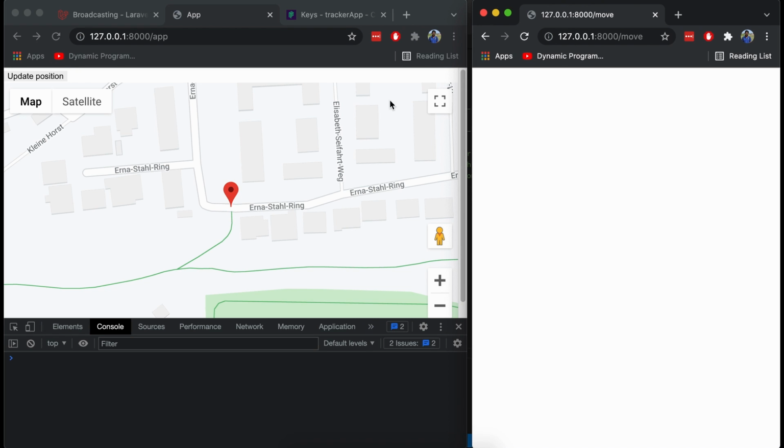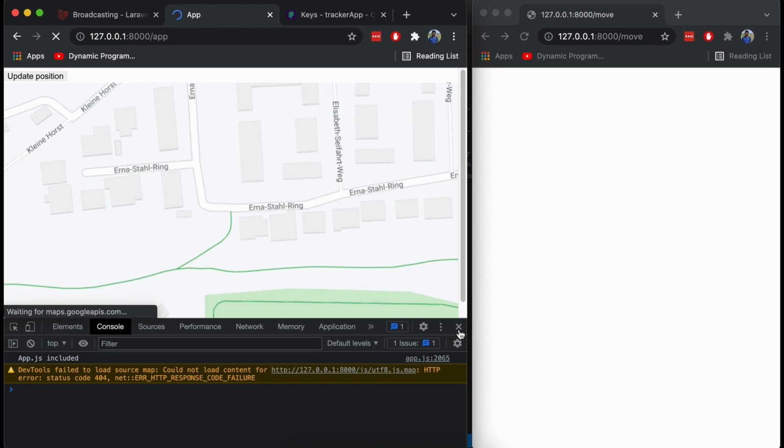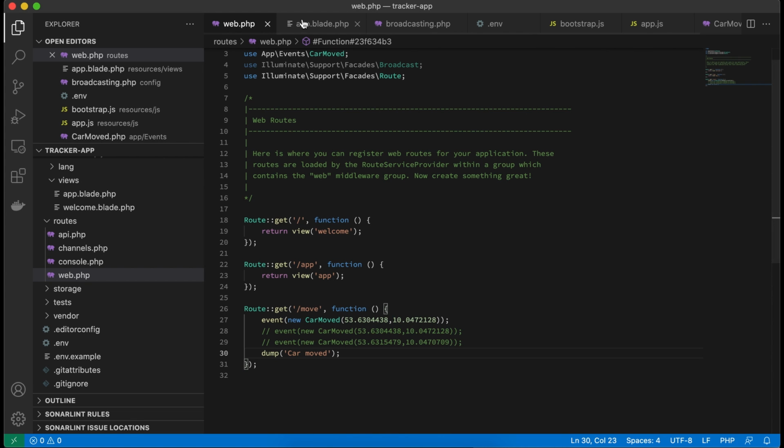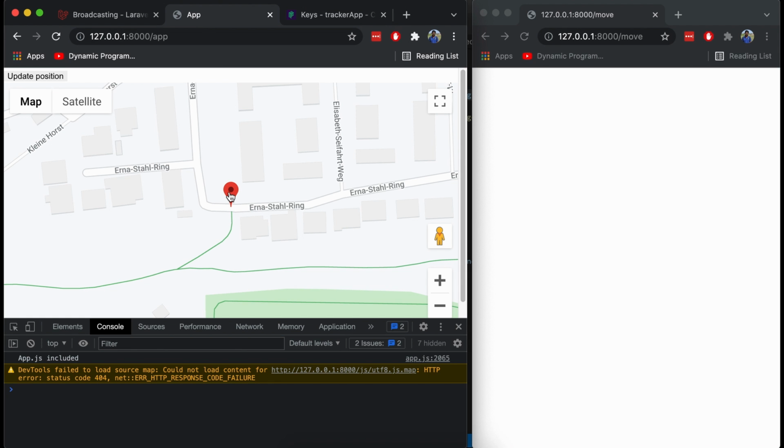And just to see it once more in action, once we load this up, we are on a position we have mentioned in our application. At the start we are at this latitude and longitude position, and once we move, we send this information to some API, let's say, and that API updates this on our Google Maps screen. So if there are like 1,000 people watching where this car is moving, we can create 1,000 instances of this, and they can see it from anywhere in the world that, okay, this car is now at this street and this part of